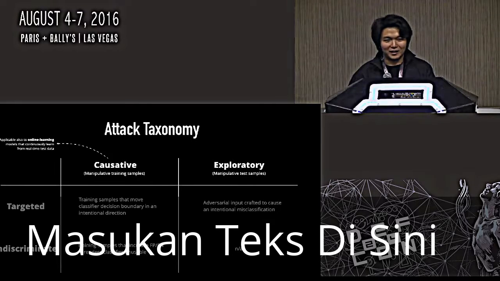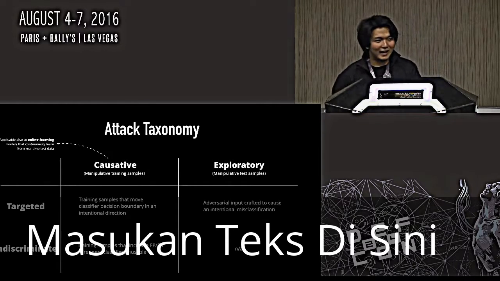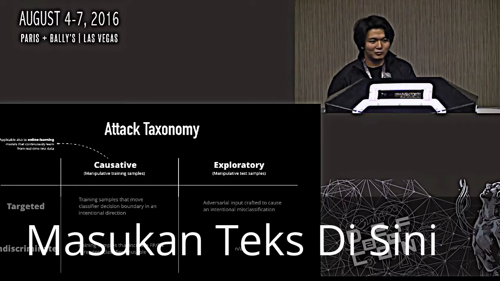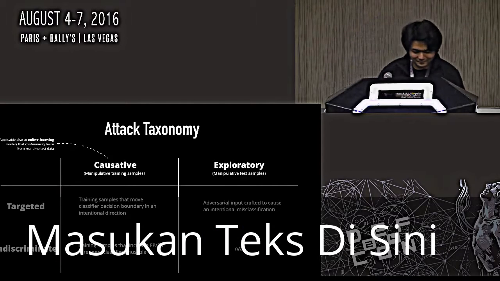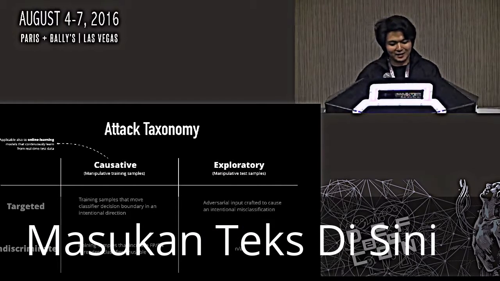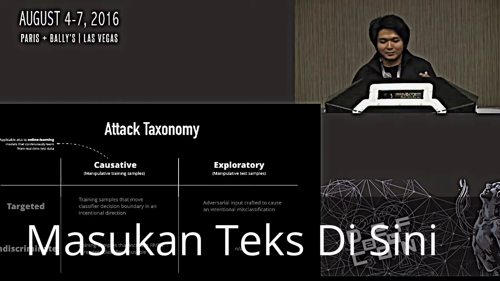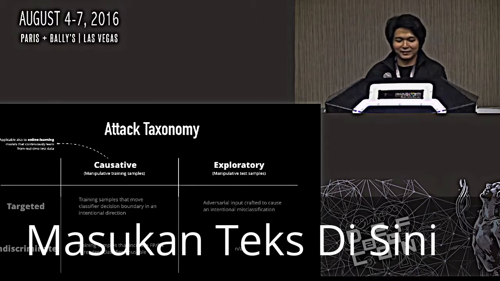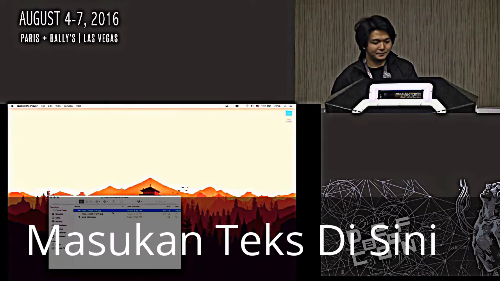We don't learn to recognize alphabets or letters by looking at the pixels or the angle between the horizontal line and a slanted line in an A. We learn it in a more general way, and I think it's still an active research area how to represent these things in machines better. So this is still, the dog keeps coming up. This is still an active research area, and that throws people off. There are also targeted attacks, where you try to move the decision boundary in a certain way to cause an intentional misclassification, and indiscriminate attacks, where you just try to decrease the integrity of these classifiers.